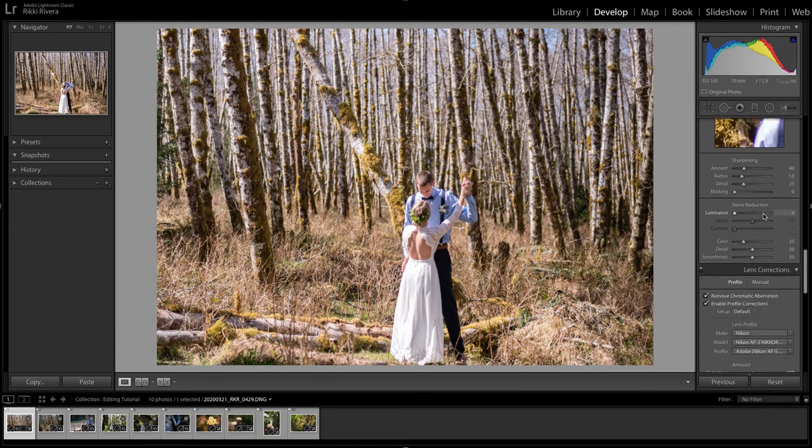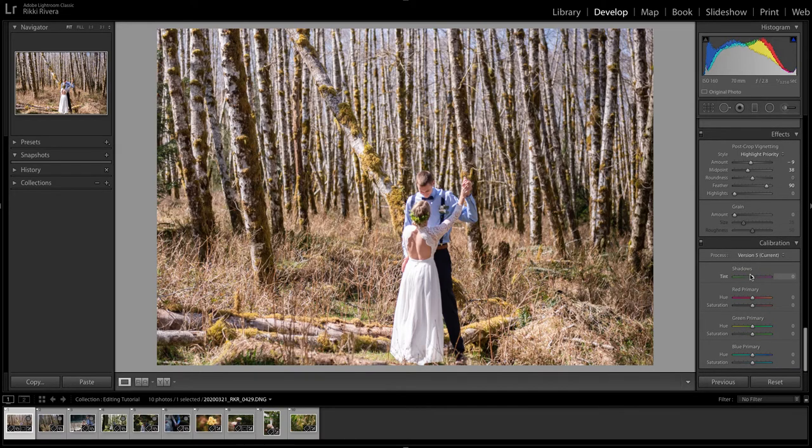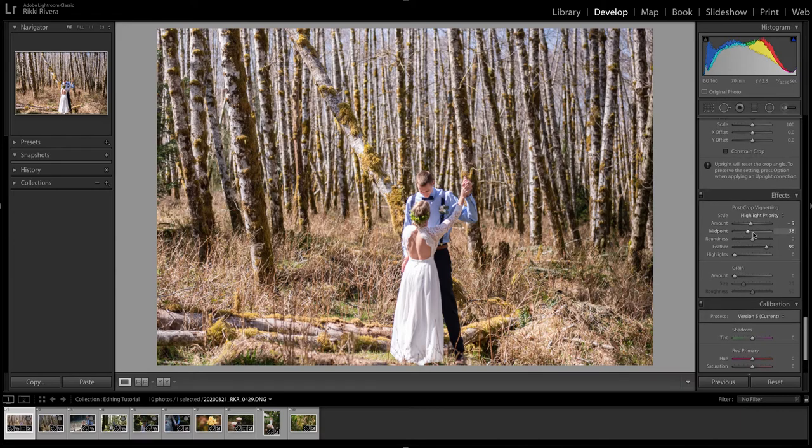So I am decently happy with this photo. I don't love it a whole lot, but it's not bad. If I needed further color corrections, I would go here to calibration. More vignette options. I think vignette is